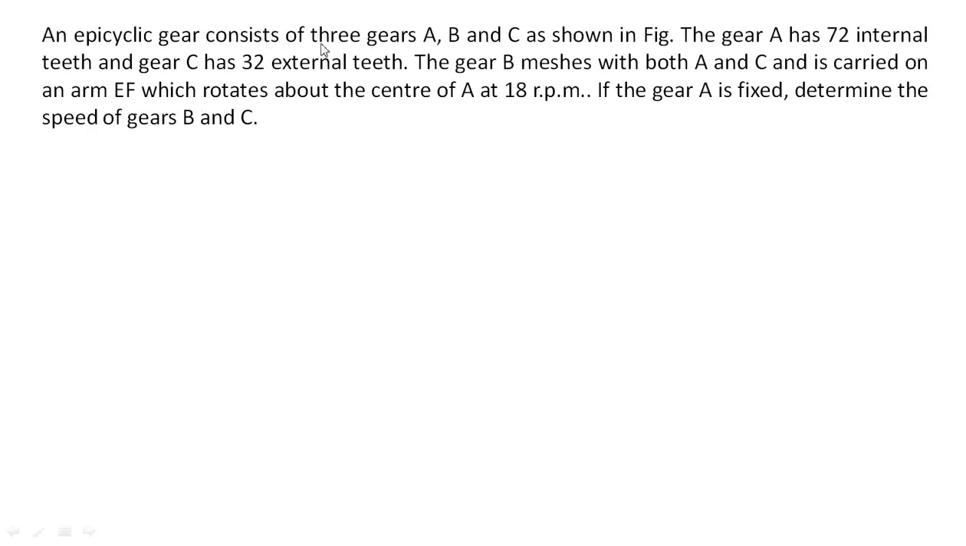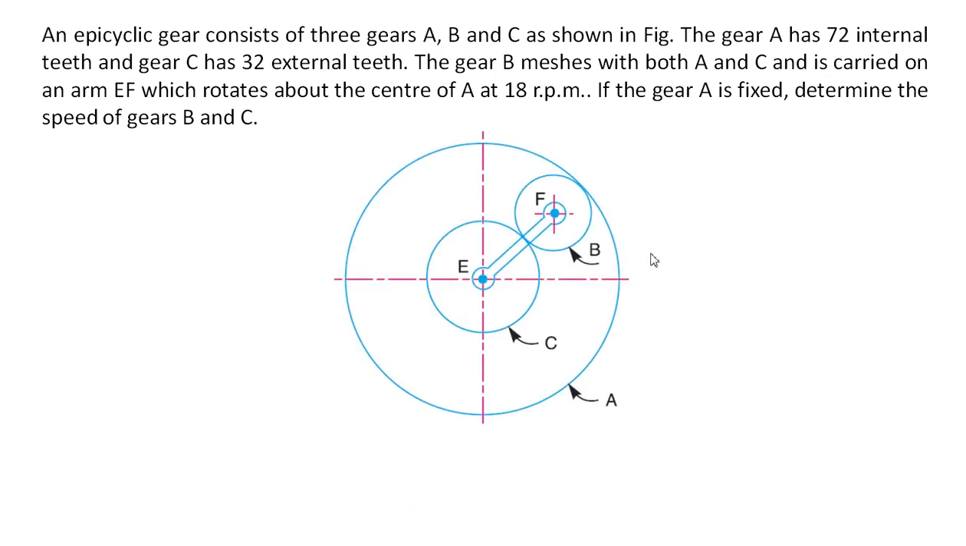An epicyclic gear consists of three gears A, B and C as shown in figure. So these are the three gears A, B and C. The gear A has 72 internal teeth and gear C has 32 external teeth. So gear A is having internal teeth and gear C at the center is having external teeth. The gear B meshes with both A and C and is carried on an arm EF. Now this gear B is meshing with A as well as C and it is attached to the arm EF